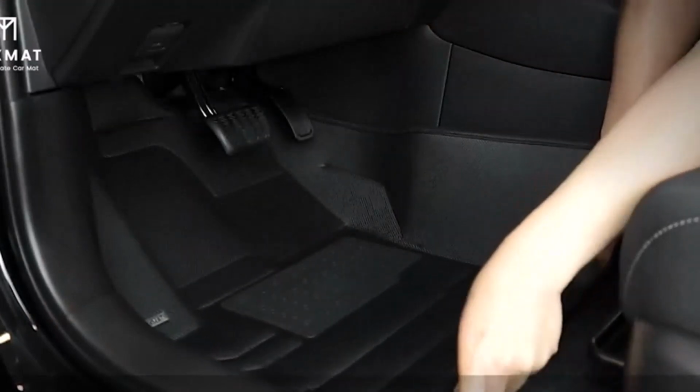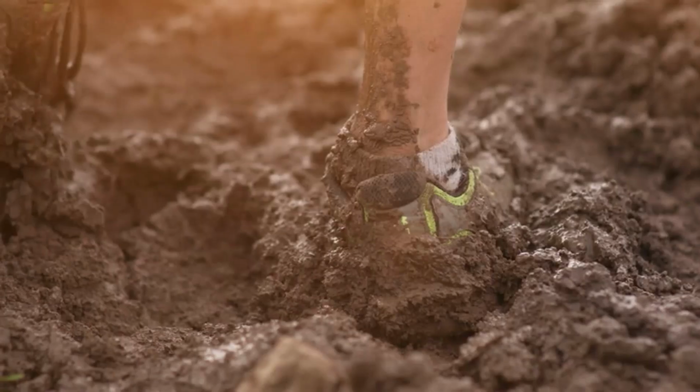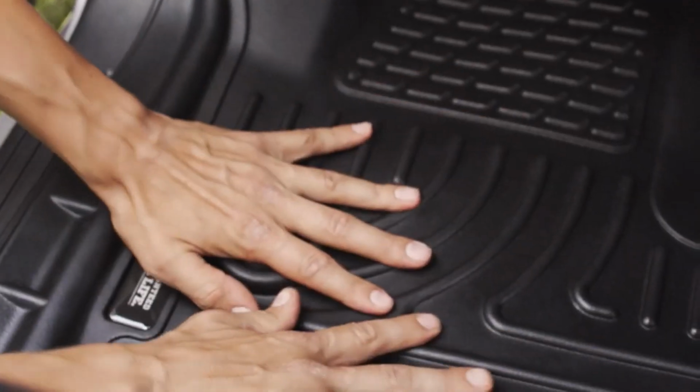Today, I'm excited to share with you my top 5 picks for the best Honda Civic floor mats on Amazon. Floor mats shouldn't be an afterthought, even if you drive a Honda Civic. High-quality floor mats provide protection against dirt, grime, sand, snow, mud, and other debris. I've spent countless hours researching and testing products, and I'm confident that these 5 products are the cream of the